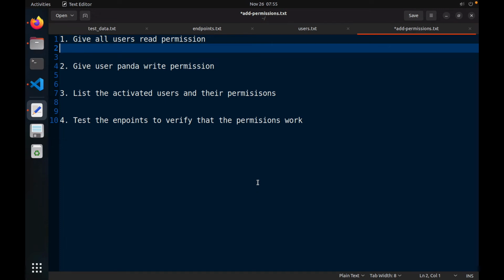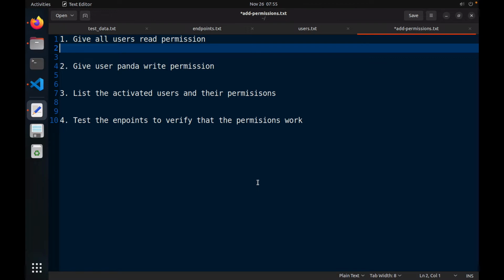So welcome back, and we want to do our testing of our endpoints using our newly created permissions. To set that up, I will need to write some SQL because I want to assign permissions to the users. And since we currently don't have any code to automatically assign read permission to users, we will just use